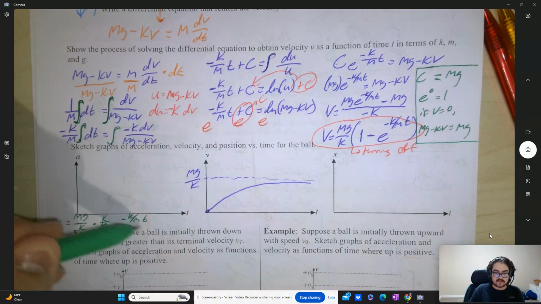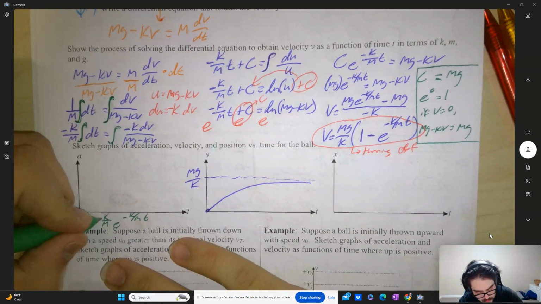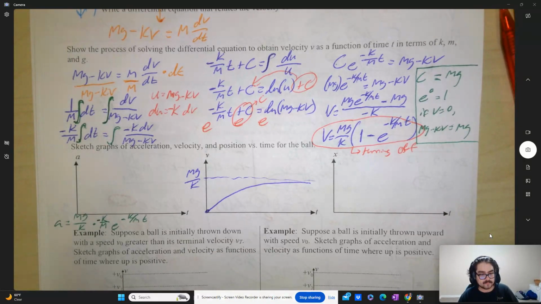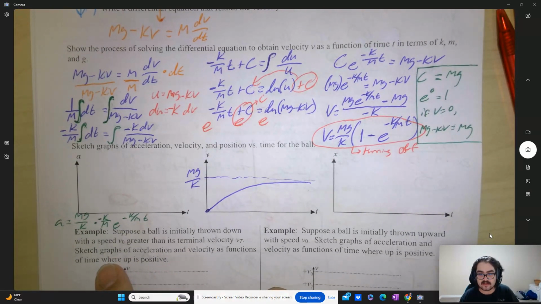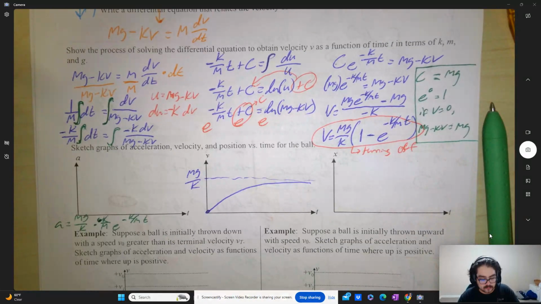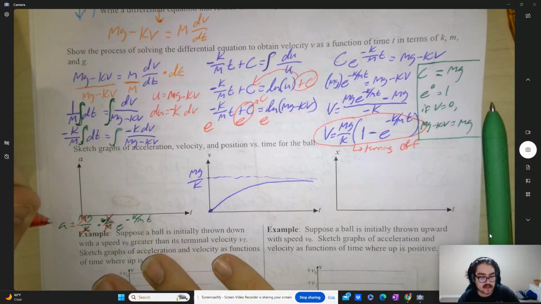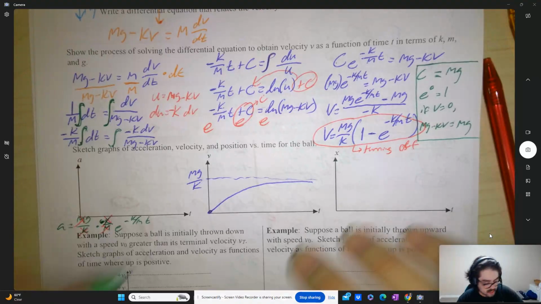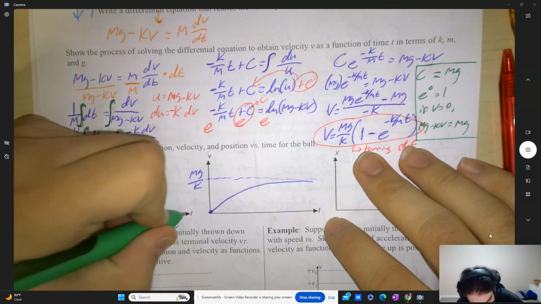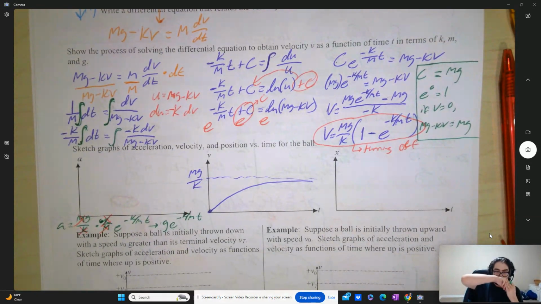But then I took the derivative of what's up here, which is just negative k over m. Okay, and you'll notice, oh, wait a minute, Mr. Mitchell, this is actually going to be because this mg over k right here. Actually, I guess I don't really need the negative. Okay, what's going to happen here? You'll notice, oh, k cancels out here, m cancels out here, so you're just left with g times e to the negative k over m t, okay? That's all you got to do,